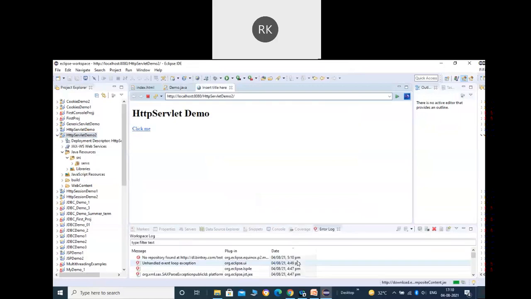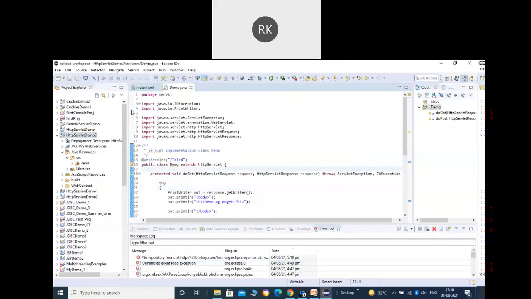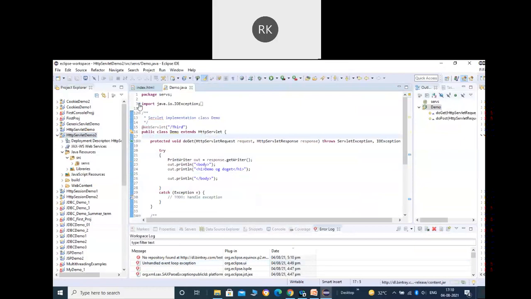Still it is not executing, so let me try to restart the server. Okay, now it has been restarted. Sometimes the server creates a problem.